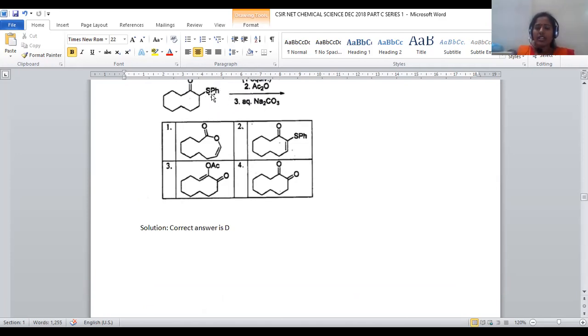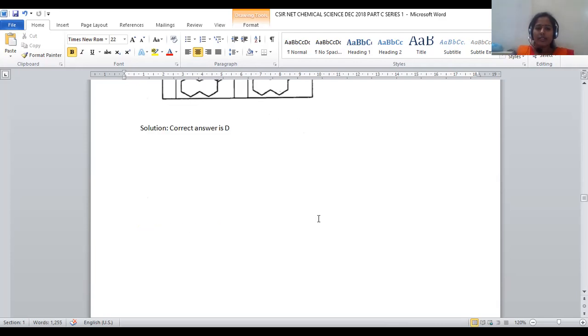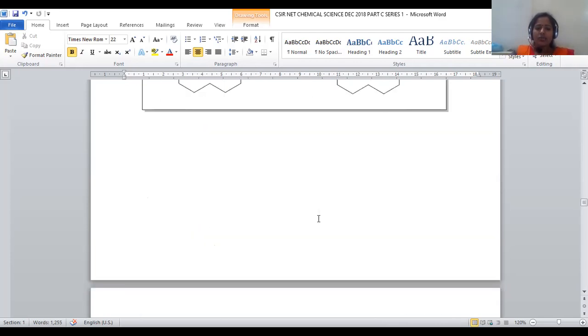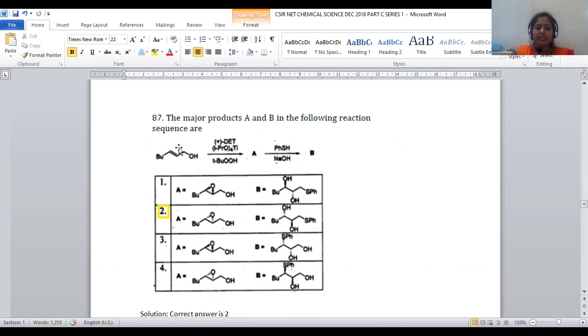What we have to do first, it will be subjected to S-oxide formation. After that, acetic anhydride will be treated. Oxygen can be attached to the carbonyl center, and shifting of that entire ester group from sulfur to carbon is possible, and subsequent elimination leads to formation of C double bond S, and further hydrolysis generates the diketone. Diketone will be formed here, right? And the next question will be 87.